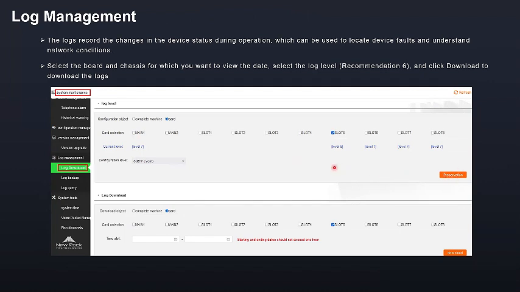Generally, we recommend using log 6. After that, you can click to download the logs. Here, you can do the download. Of course, you can also search by date, the time frame, the range of the date. You can set it here and click to download.